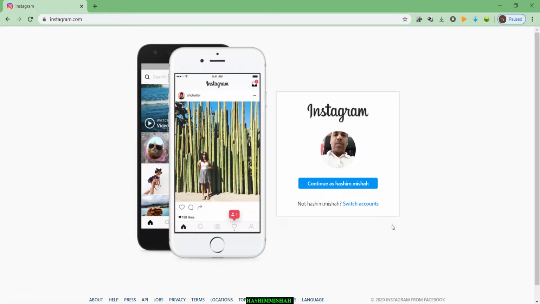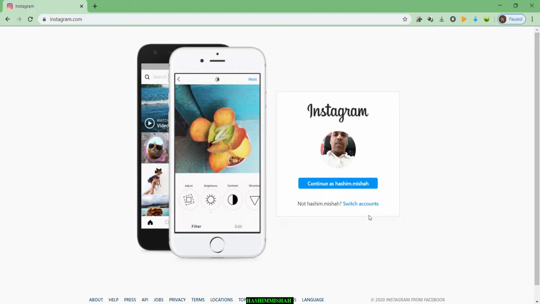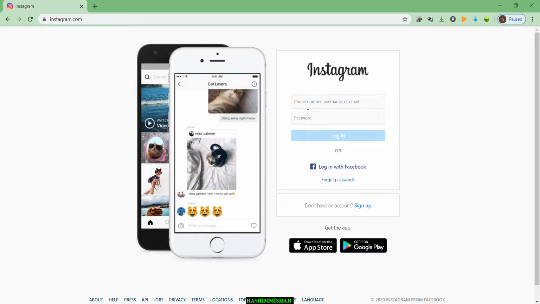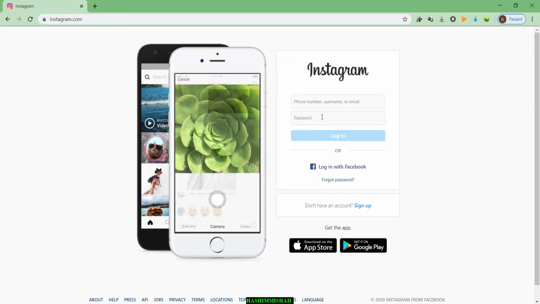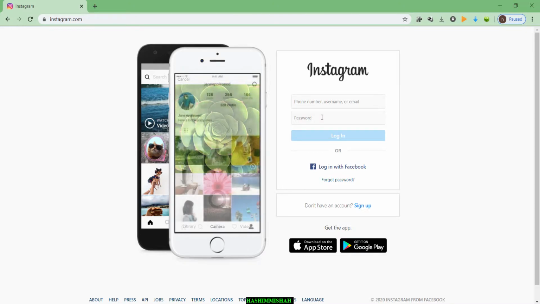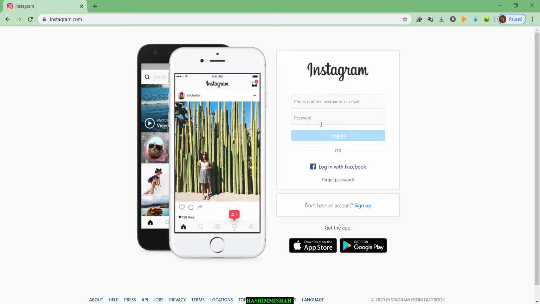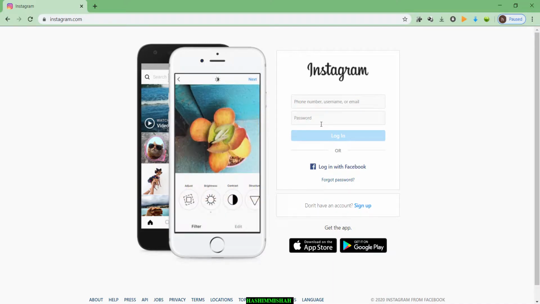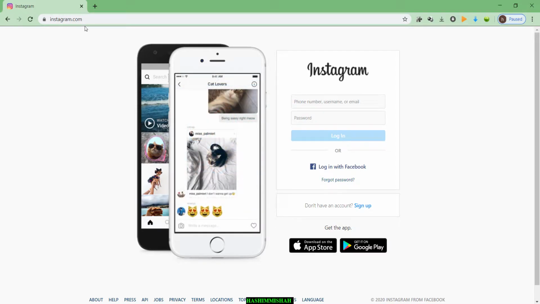You can check, I already signed in here, switch to account. You can register your Instagram here, or you can access the same Instagram account which you registered in your smartphone. You can use your mobile number and password. Okay, this is the one way. The second one is